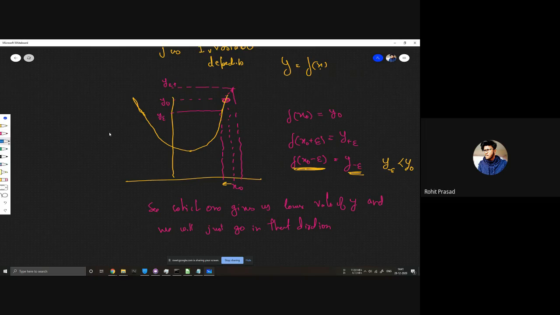Now our new x naught is this. We do the same thing. Then you can clearly see that we will get an x naught that's this, right? After doing it multiple times, we'll get something here, and after this you will see that further going in this direction will only increase it. It won't decrease.